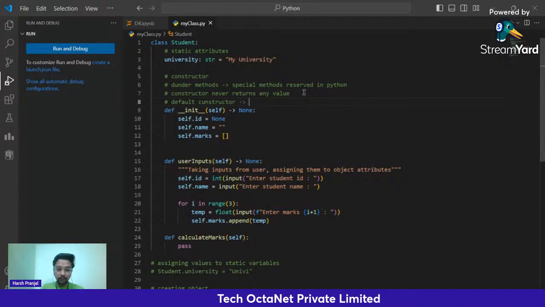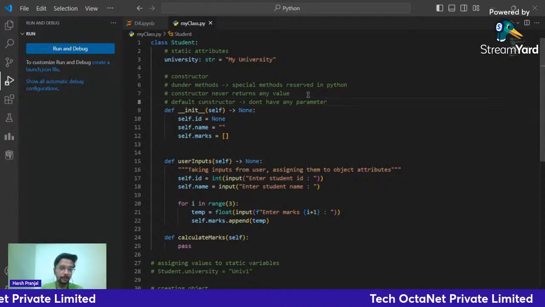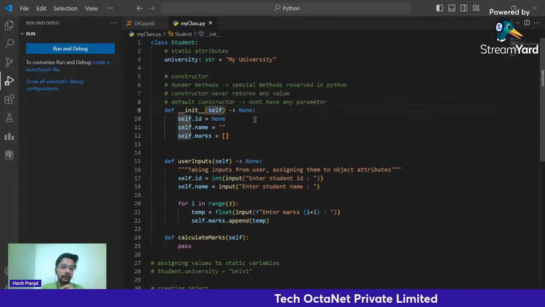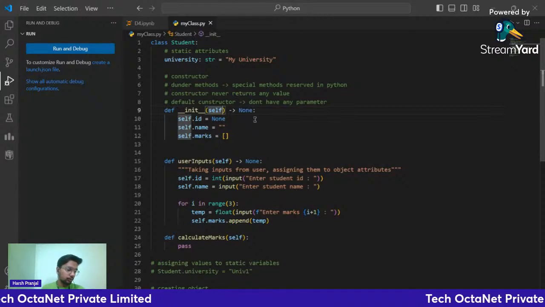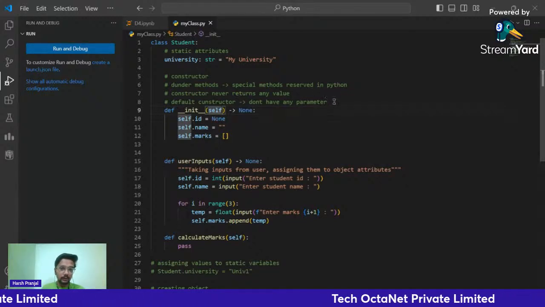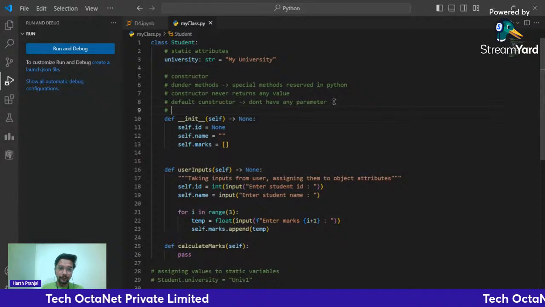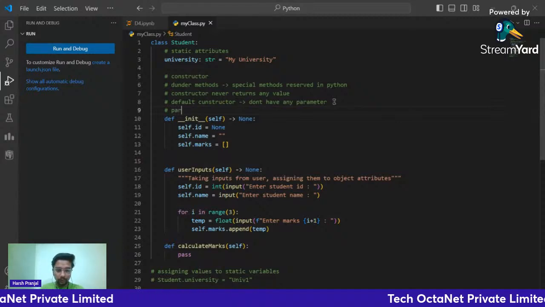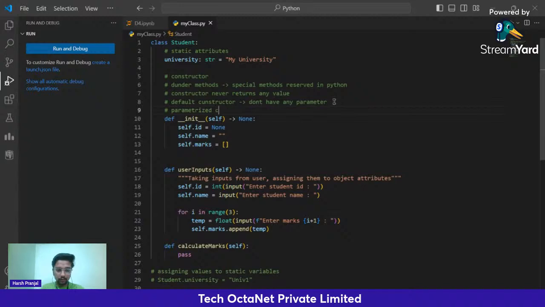Default constructor doesn't receive or doesn't have any parameter. So the only thing here we consider is parameter because we know that constructor never returns any value, so there is no return type. The only thing that differs is the number of parameters, right? So the default constructor doesn't have any parameters, and there is one parameterized constructor,